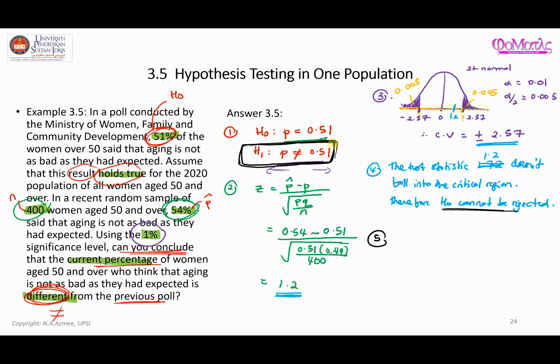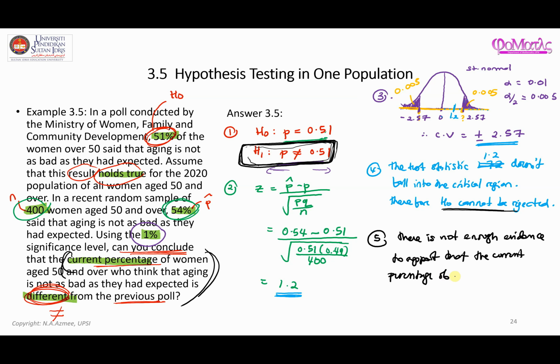Unable to reject H null means this statement is not supported, and we can say that there is not enough evidence to support that the current percentage of women aged 50 and over